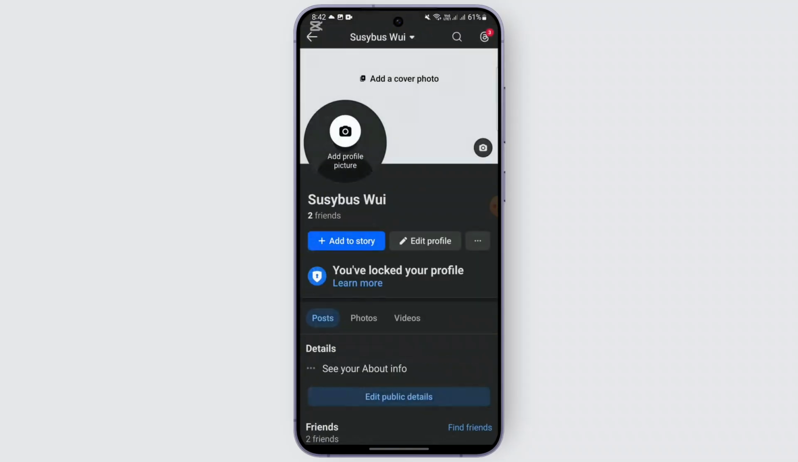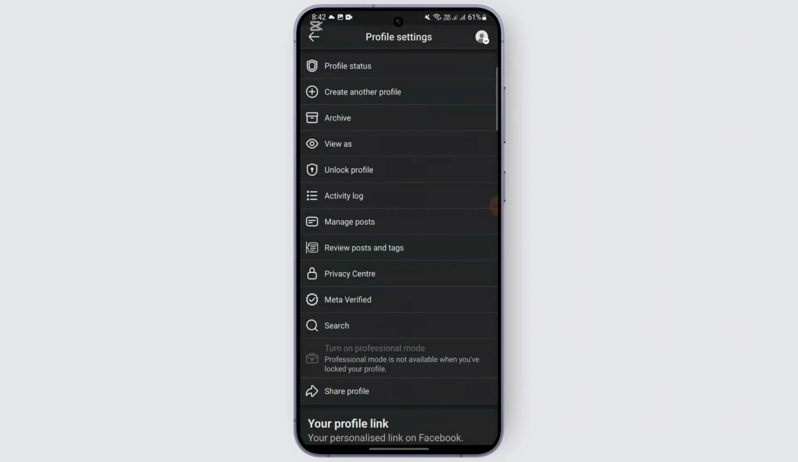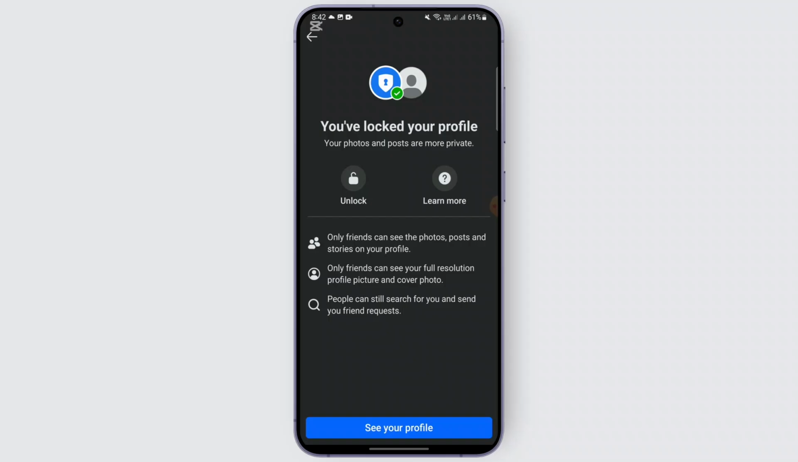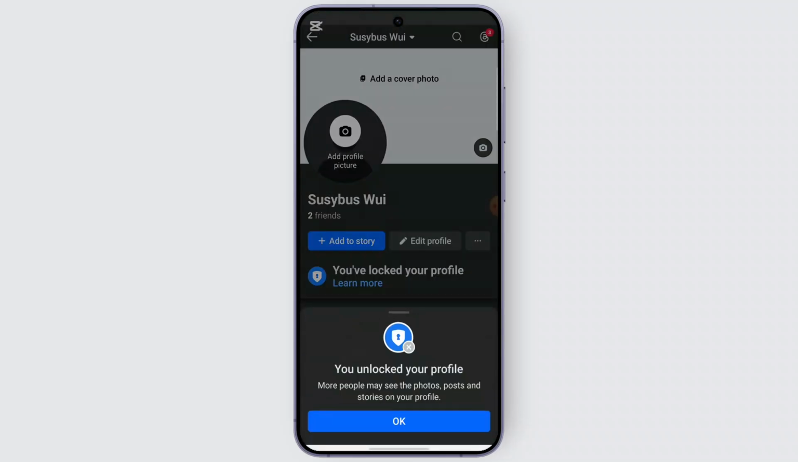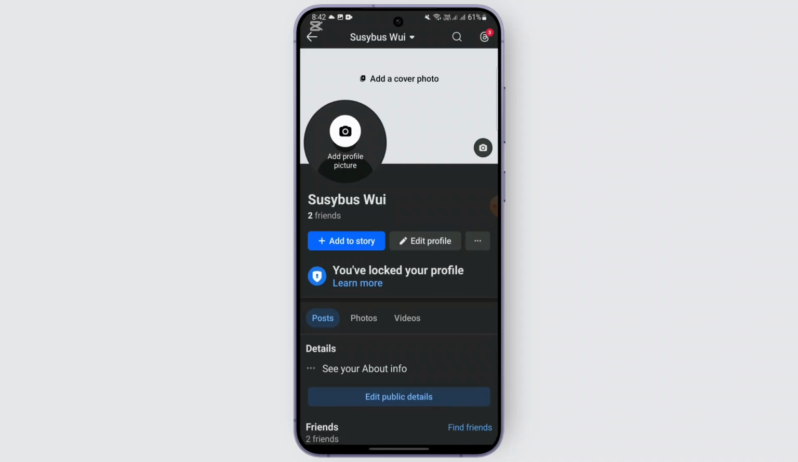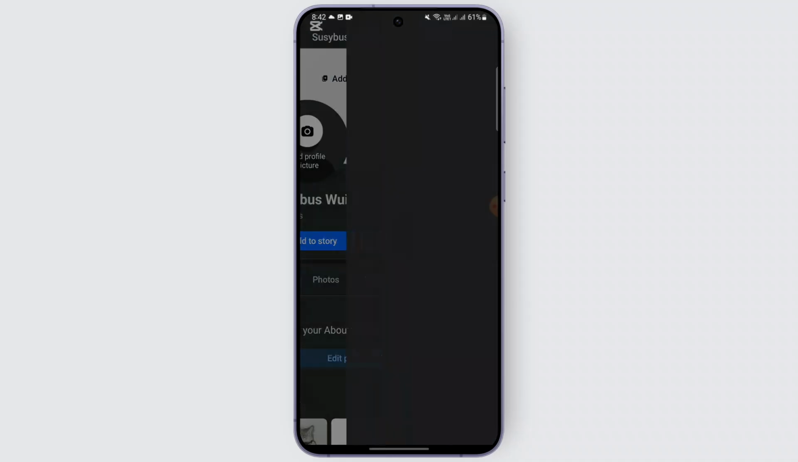But in order to do that, you just need to turn off this lock profile option. If you have any kind of lock profile option on your account, you're just gonna unlock your profile. And after unlocking your profile, you're gonna go on with the process of turning on the professional mode onto your account. So just refresh your account after you have done that and head over, just go to the three dot